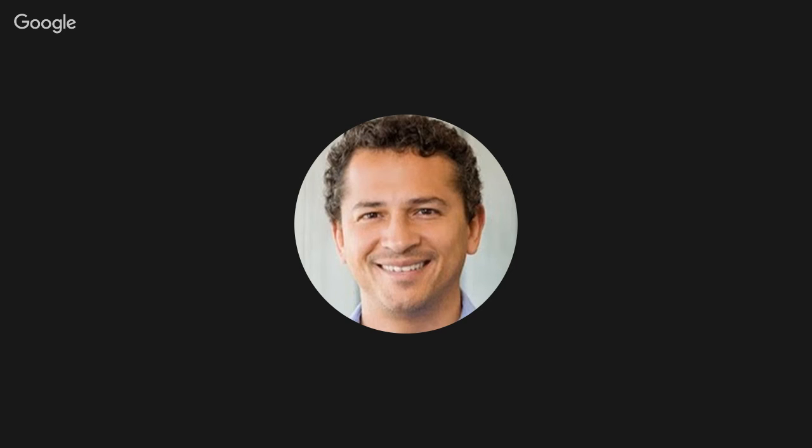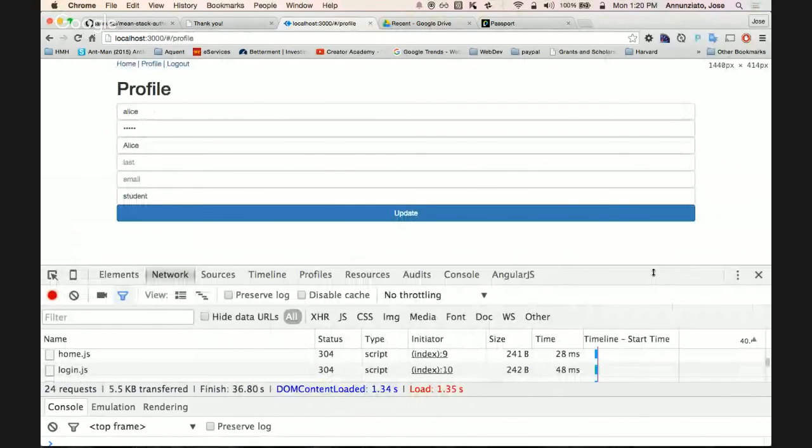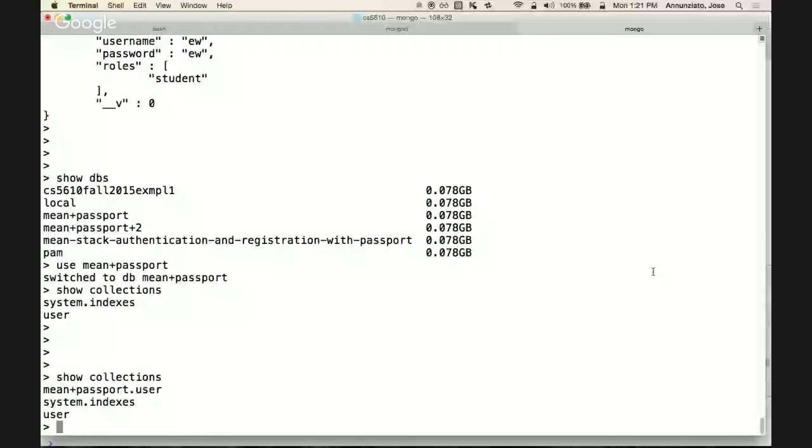If I use Alice and I log in, it does find out who I am, and it goes back to my profile and my logout. I don't have access to admin because I'm not in that role. I can go back to the database and see the entry here. So you can list the collections again. Notice that we now have mean plus passport.user, so we can look at the content in here, db mean plus passport.user